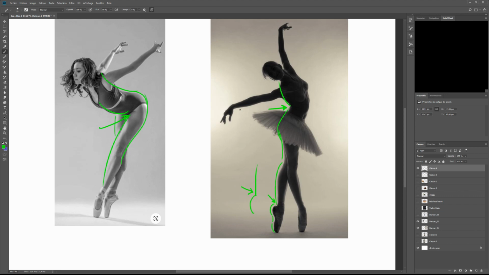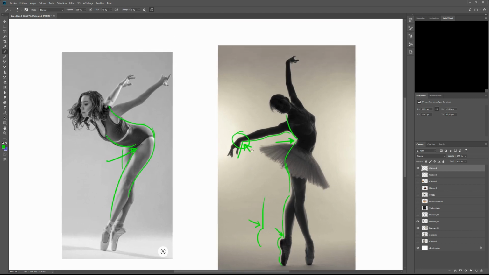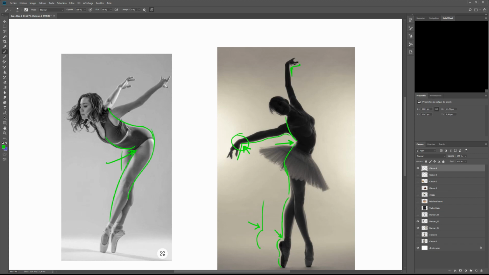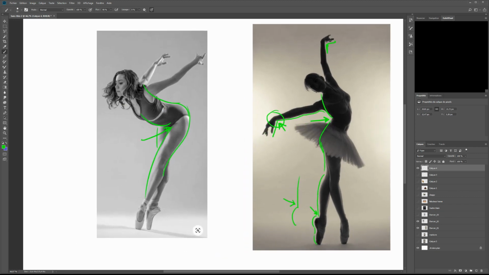So here, for example, you have the curve of the arm, which is very soft and very delicate, and boom, here you have a break. And you have one here as well, and same on this pose here. You have the curve of the back and the gentle curve of the arm, and here, boom, you have a break. And that's important, because by creating these kinds of breaks, you're gonna, as I've said, just create some